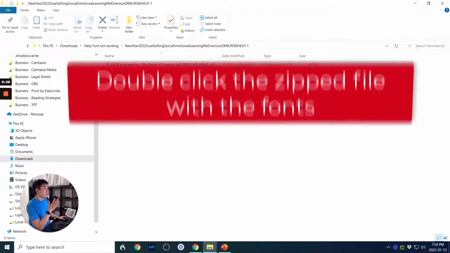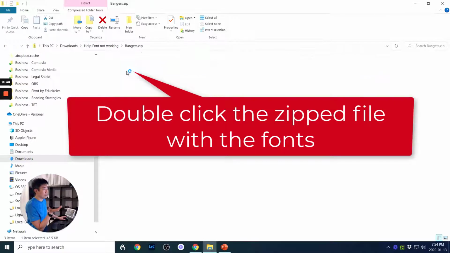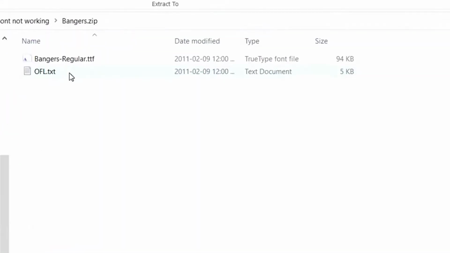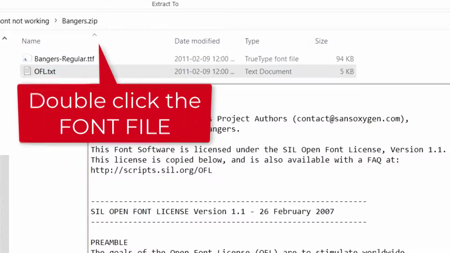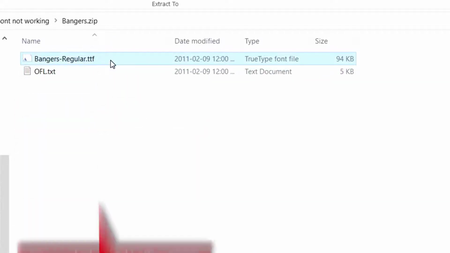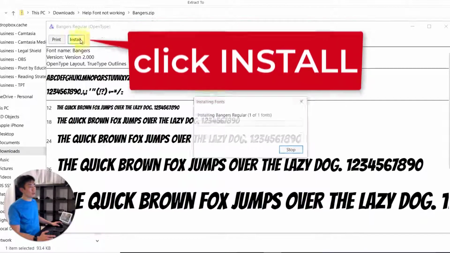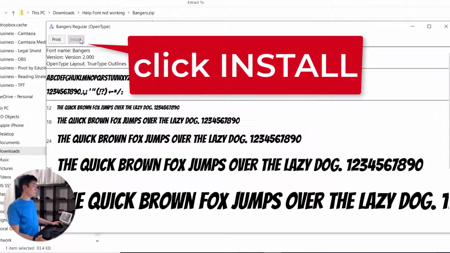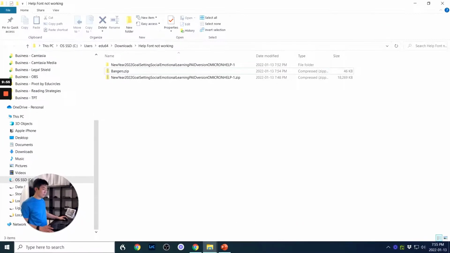Okay, so I'm going to open up, where did you go? The font. It's in a zip folder. Here it is. I know that this text file is the license, the Open Font license. You can read that. Lots of fun stuff in there. I'm going to double click this font file and see what the font looks like. Now I'm going to click here and install it on my computer. It's installing it. There it is. It's done. Let's just close some of this stuff.